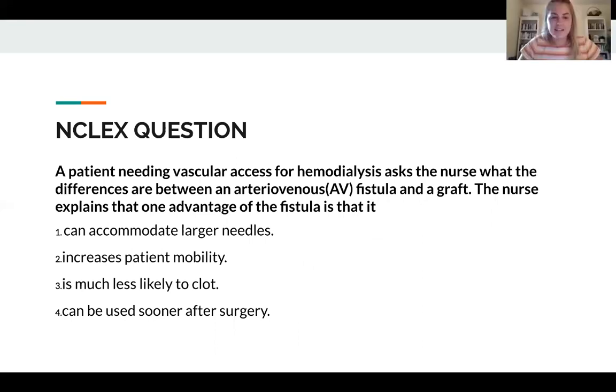Here's the next NCLEX question. A patient needing vascular access for hemodialysis asks the nurse, what's the difference between an AV fistula and a graft? The nurse explains that one advantage of the fistula is that it is